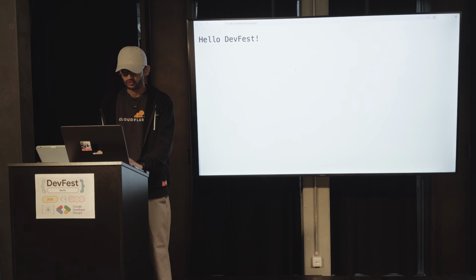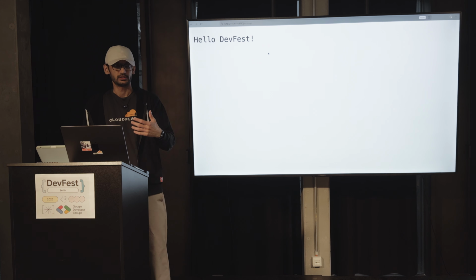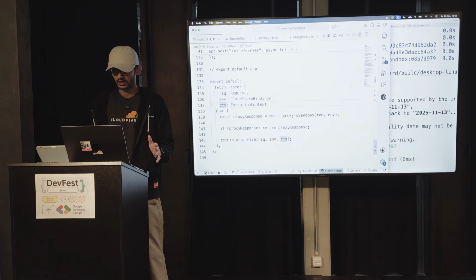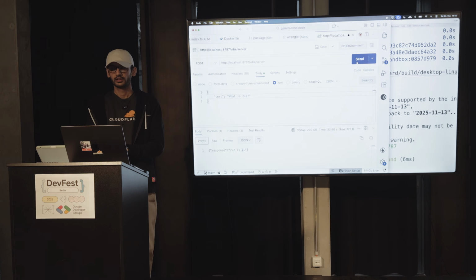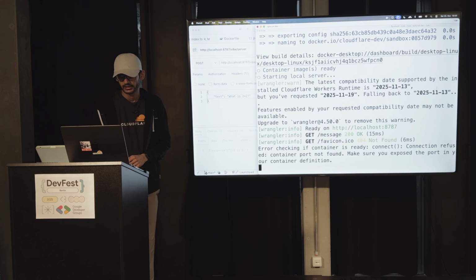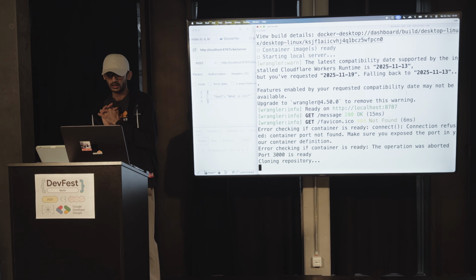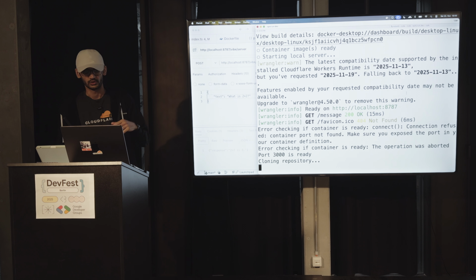So let's go ahead and check out our message endpoints. If I refresh this, this is still working. We see hello div fetched over here, which is good. Now what I want to do is make a call to my server endpoint, send a message, and we can take a look at the logs. All right, so port 3000 is ready. That's fine. That is for the sandbox.